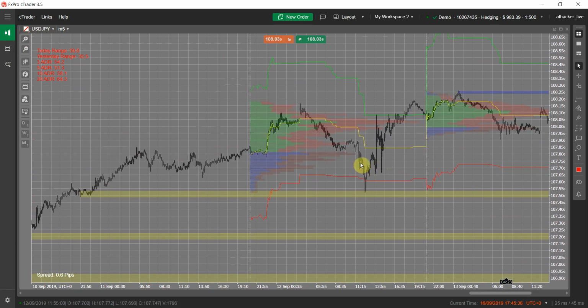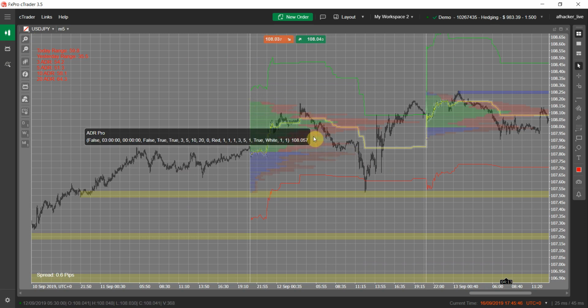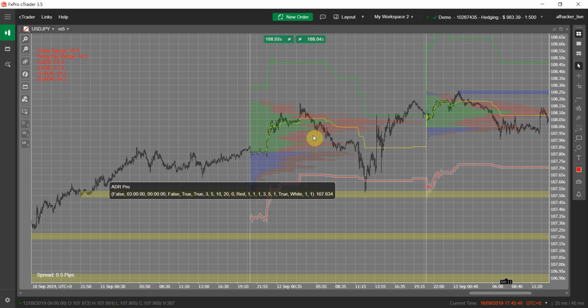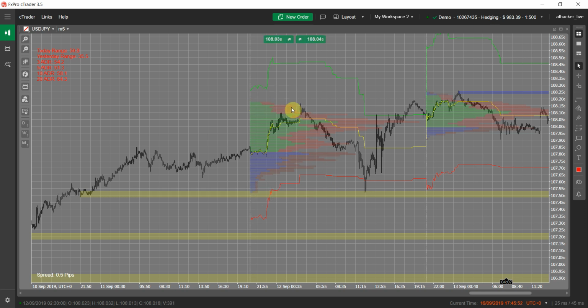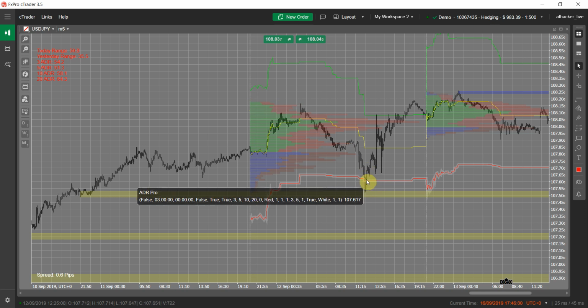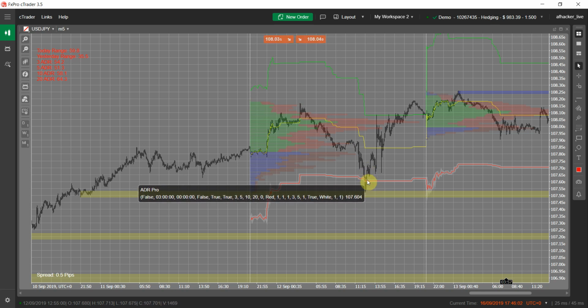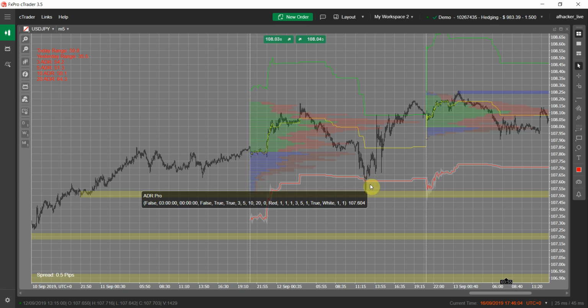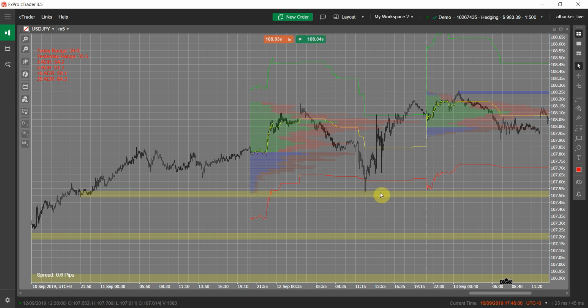Look, price is out of the value area, the area of the green and red bars of the volume profile. When it goes below or above this area, it means the price is outside the value area. Here it crosses the value area and falls below it,